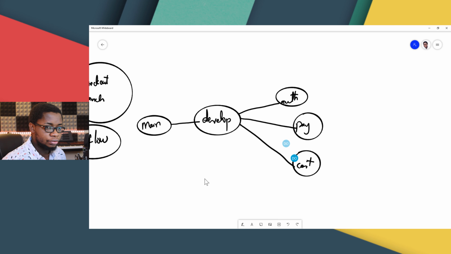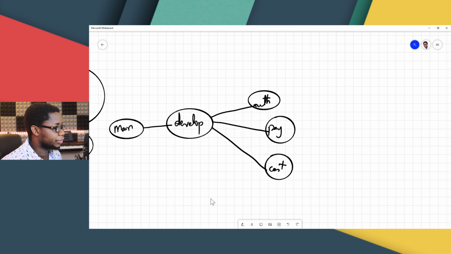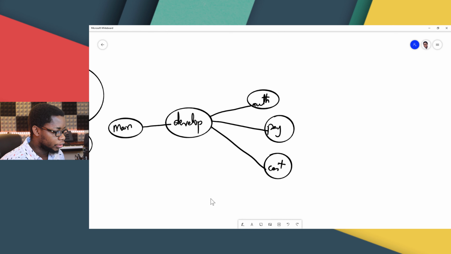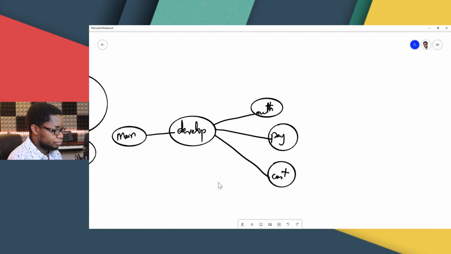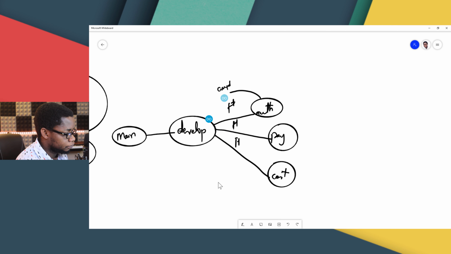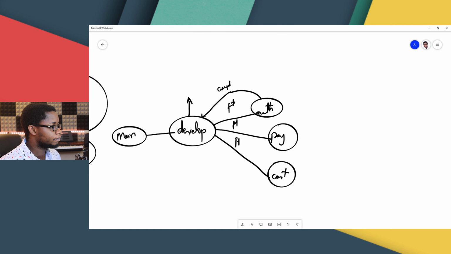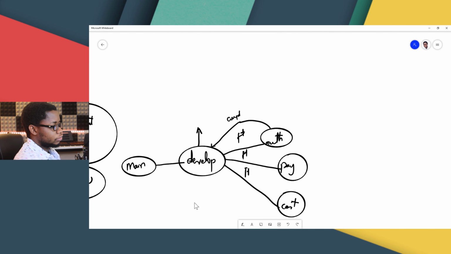So each feature is a branch of its own. And then once you're done and satisfied with each of these features, you complete that feature. So this is a feature, this is a feature, and this is a feature. You complete that feature, and then it's merged back to develop, and then you create a release from your develop branch. So you create a release from here,